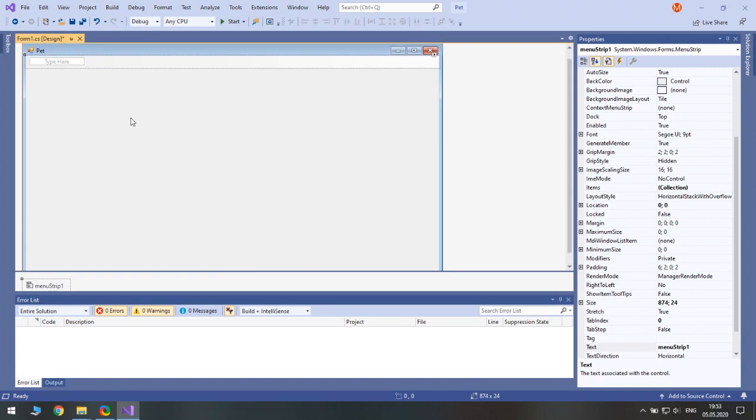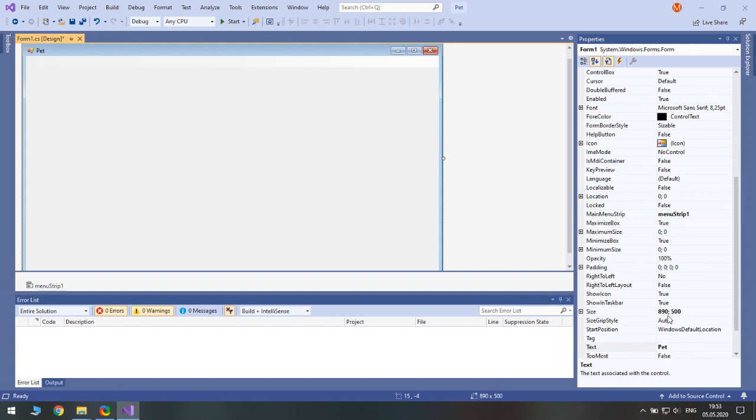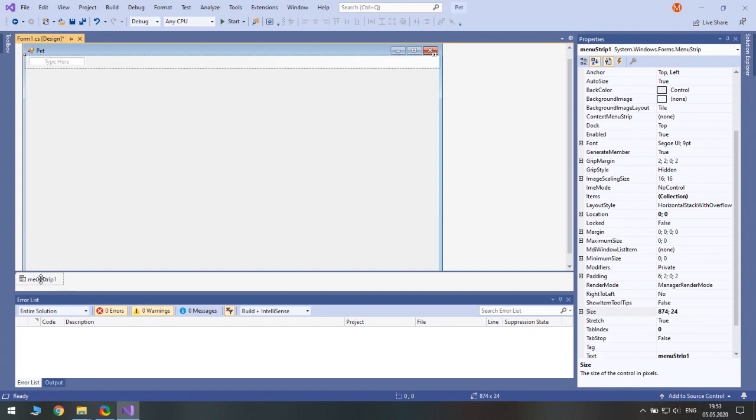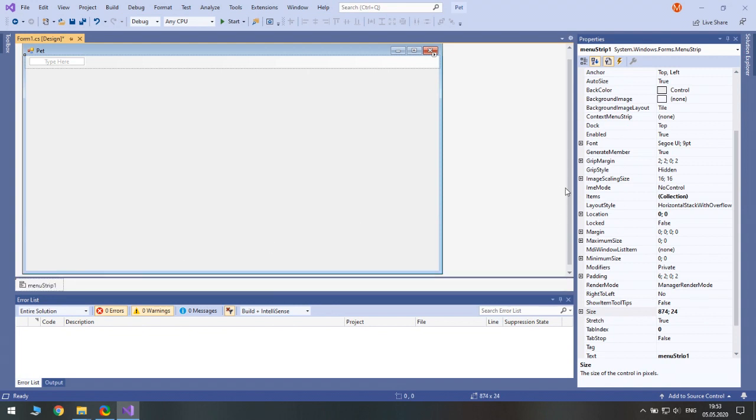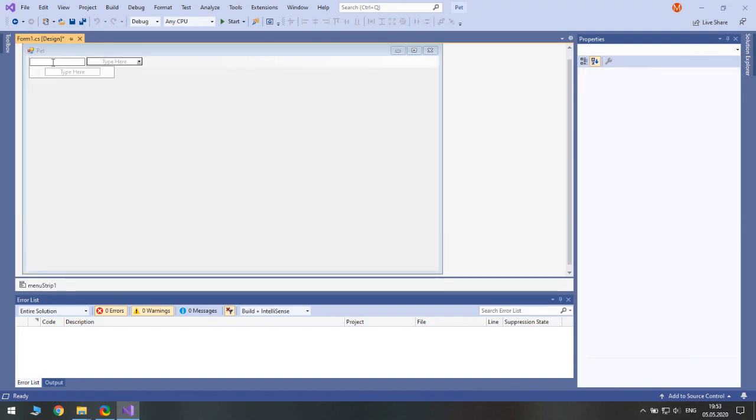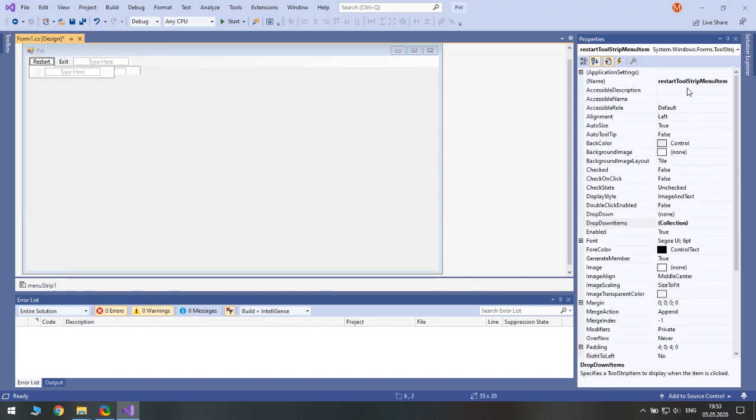Now I think we need to change its height, maybe just 1 pixel below. Alright, never mind. Oh, that's better. So we will have a menu strip with just 2 buttons, namely restart and exit. Good. So, well, the names are fine.